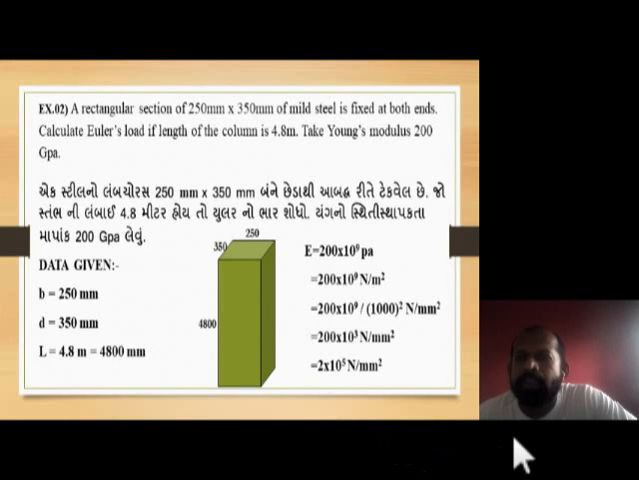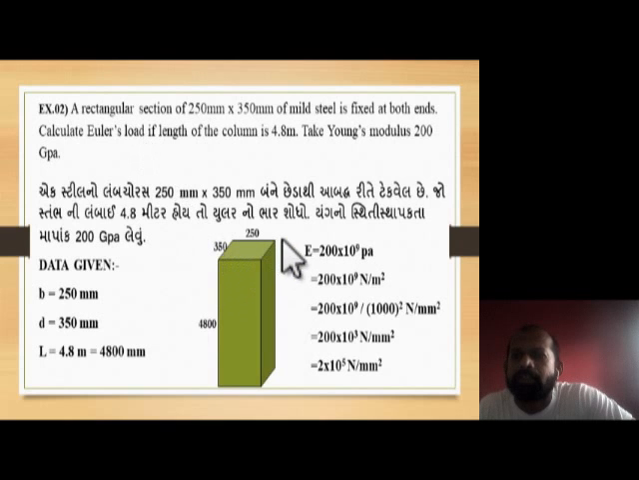Hello students, in the last lecture we solved an example related to finding Euler's crippling load. In that example, the cross section of the column was a hollow circular section. Today I am going to discuss example number 2, which is related to finding Euler's crippling load of a column